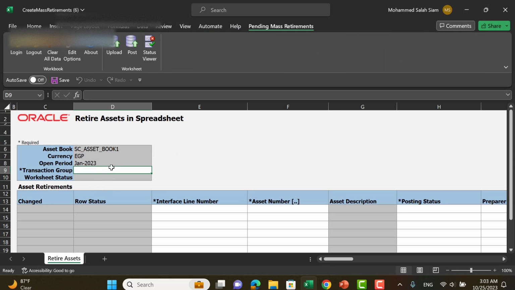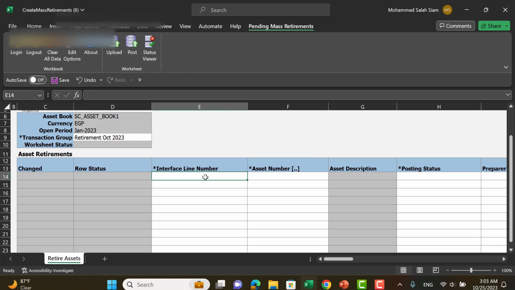So here, what is the transaction group? What is the open period, currency, asset book? So I will make it as retirement October 2023. So go down to enter the data, interface line number 1000,